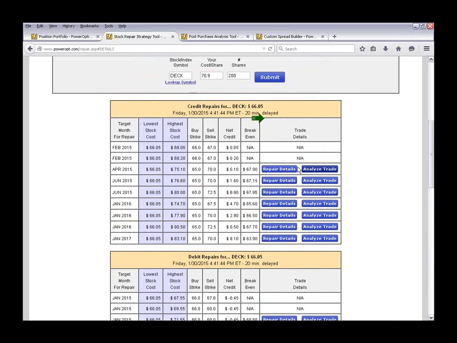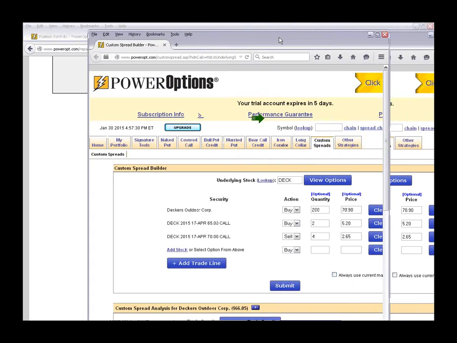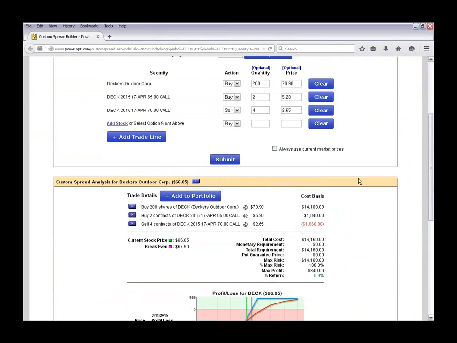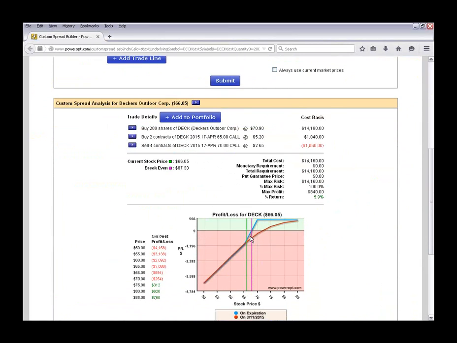So let's scroll back up. We want to click on Analyze Trade from our potential repair. This will take us to a profit and loss chart of this ratio repair for a stock that's fallen in price. And we see that this is pretty good. If the stock moves up above $67.90, that's our break even. But if it does recover and go back above 70, again at April expiration, we've turned the potential of a 12.9% loss on the position